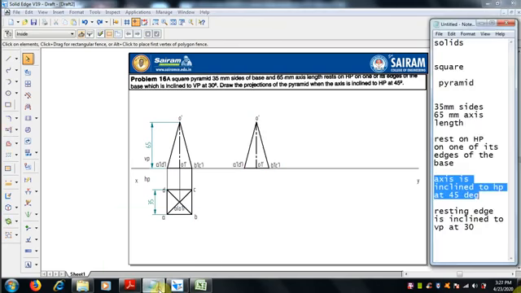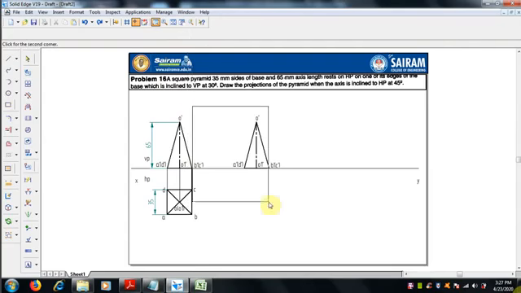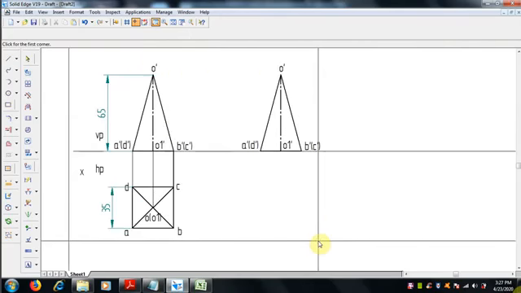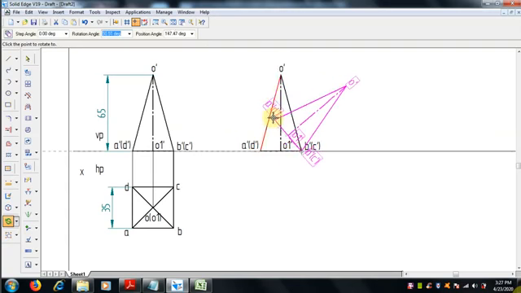Next what we have to do is rotate, for the axis is inclined to HP at 45 degree. So here, very important thing, now we have to concentrate more, because if it is a prism, then we can select the axis and the edge which is parallel, but here in case of a pyramid, if you select the edge, then the angle of rotation will be different. So be careful while rotating.